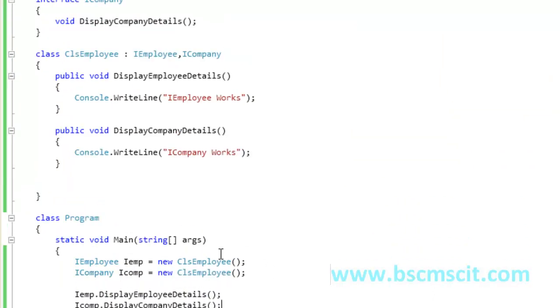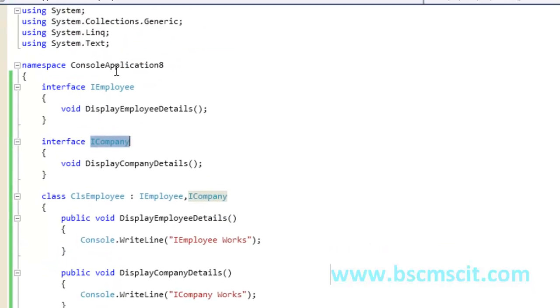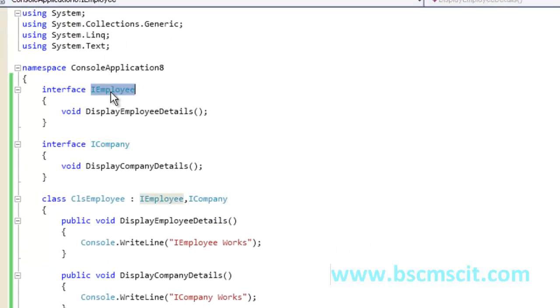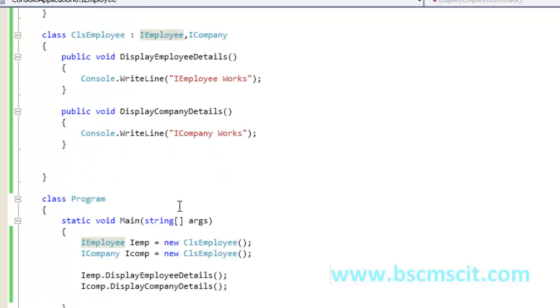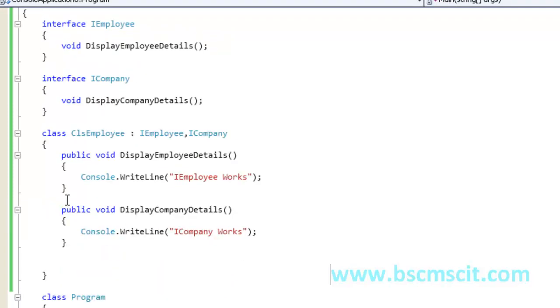One method is in my ICompany signature, and one method is in my IEmployee. So I have called both the methods successfully by using my interface name and signature name. So this is the implicit way of implementing an interface.